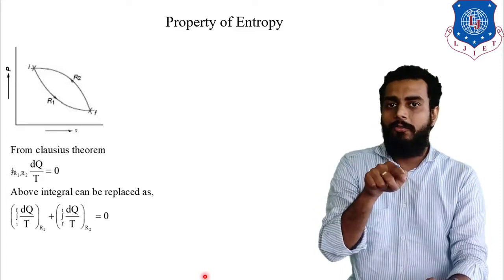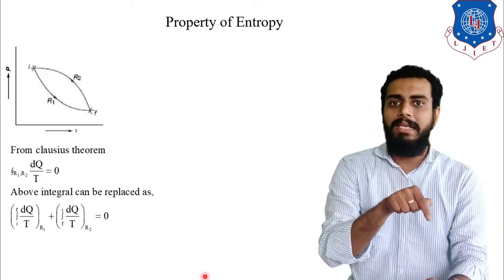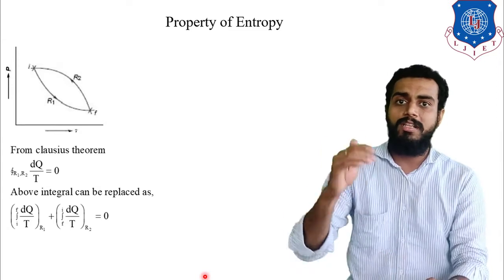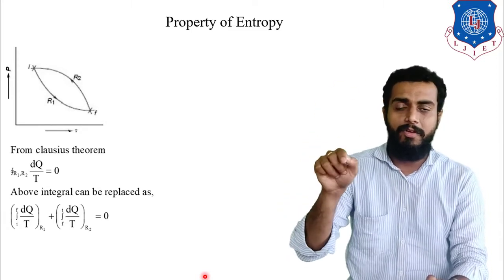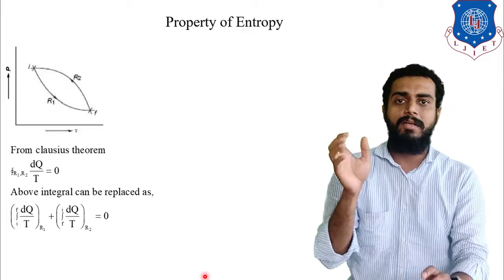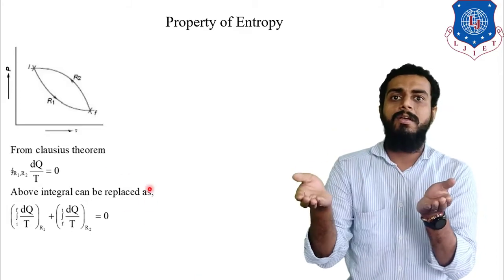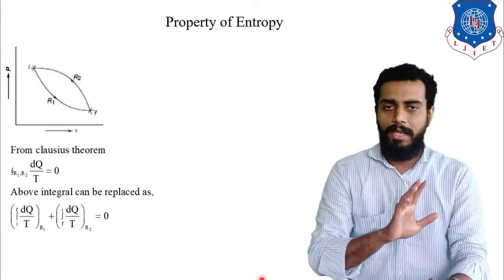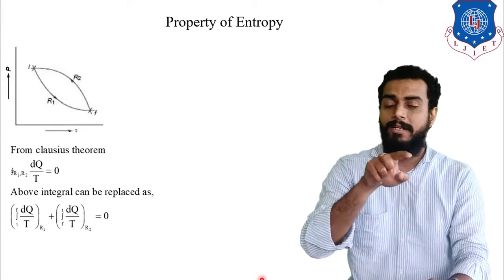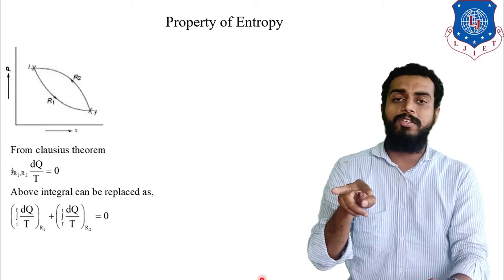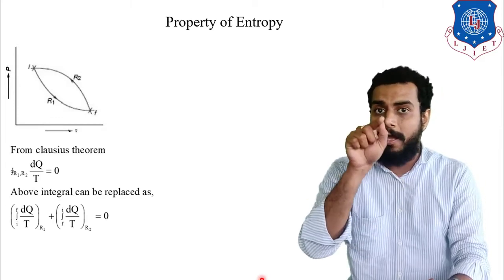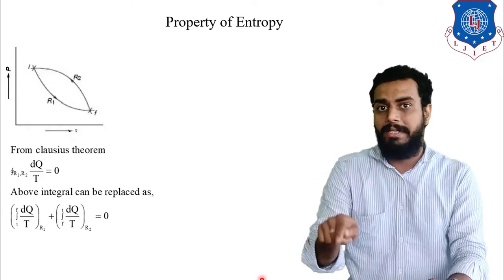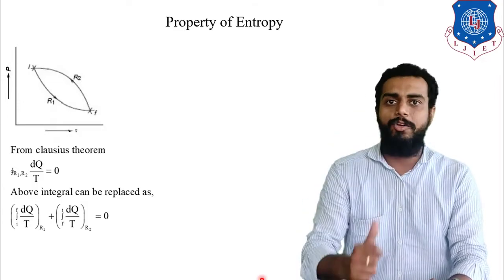So the integration of F to I of dq by T for path R2 will be equivalent to 0. See students, the above equation and this equation both are the same, but the second equation is written in segment form, individually for two different paths. Here you can observe that since we have written the individual equation for different paths, we have removed the cyclic integral sign and only shown the simple integral sign. So keep that in your mind.